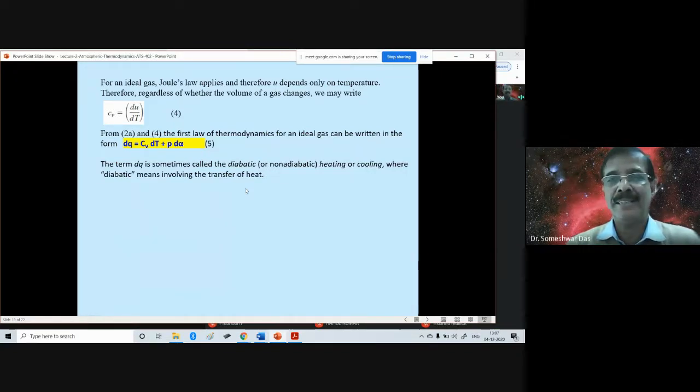And because of the condensation, latent heat will be released, right? So that latent heat is going to heat the surrounding air. That latent heat, which is released because of the condensation of the water vapor, as the moist air mass is cooling because of the vertical ascent, is going to heat the surrounding air, right? So it cannot be adiabatic, right? It cannot be adiabatic. It has to be a diabatic process. So the diabatic processes are very important.